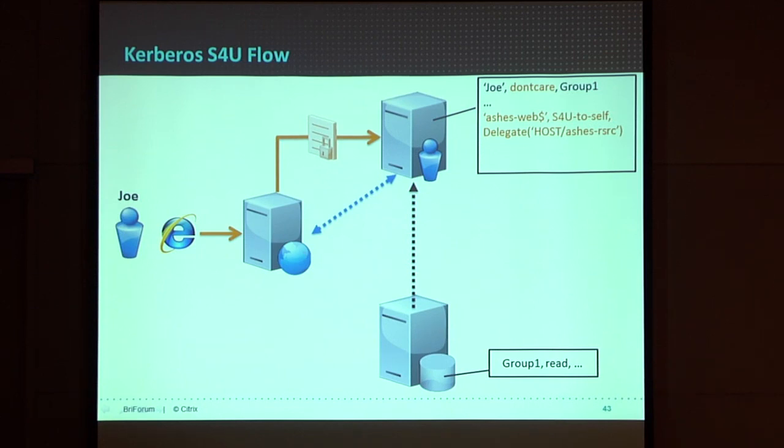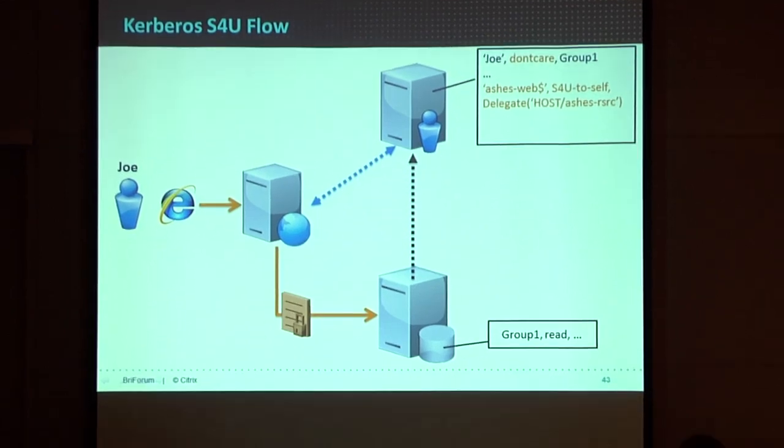It's going to use a special one where it's basically said, I've just seen Joe come up to me, and I want to begin impersonating him. Can you give me a service ticket for this server at the bottom? And it'll get that. And so the web server is just using that ticket. And the server at the bottom doesn't know this has happened. It just sees a normal service ticket for Joe with all the useful information, like what groups he's in, as part of it.